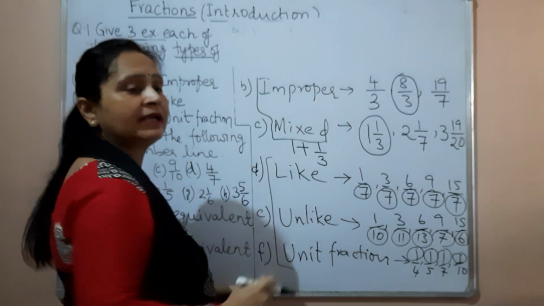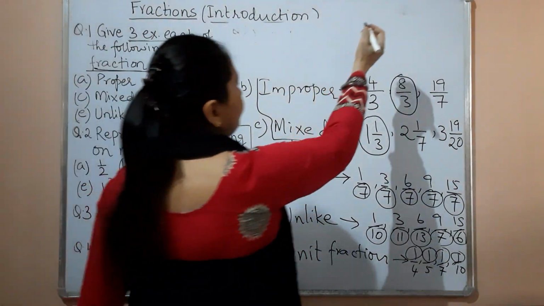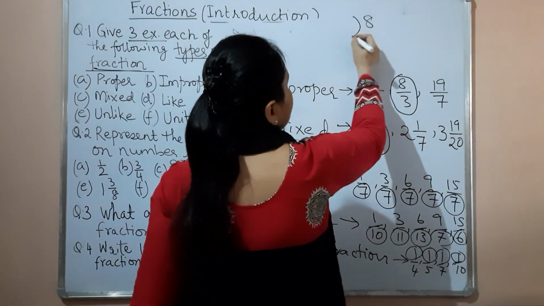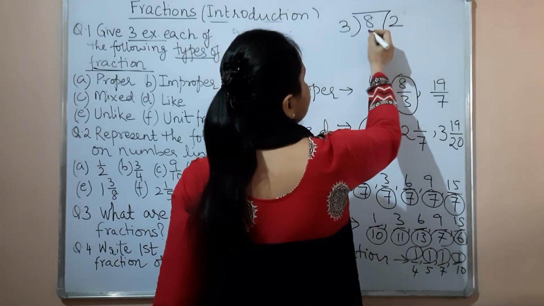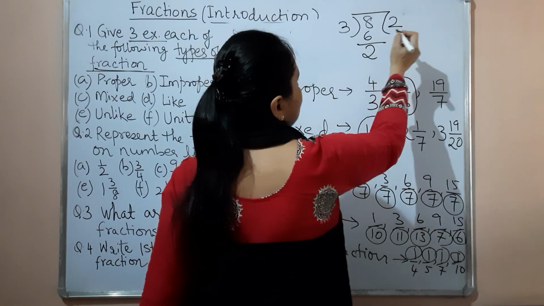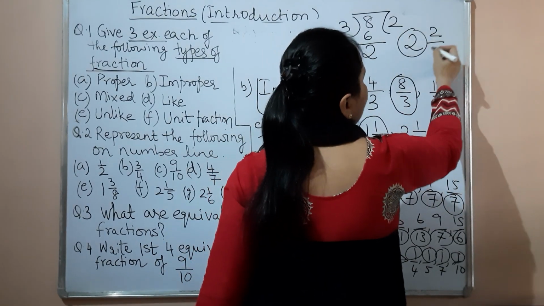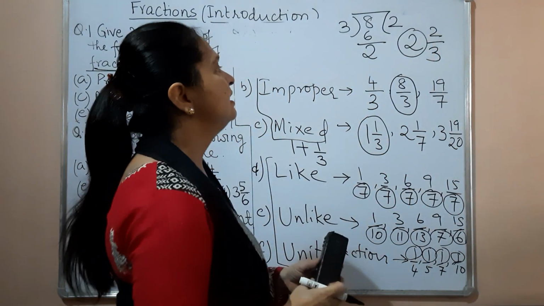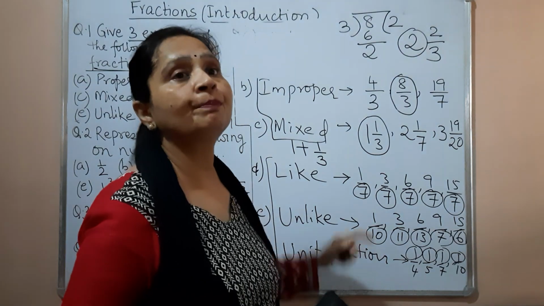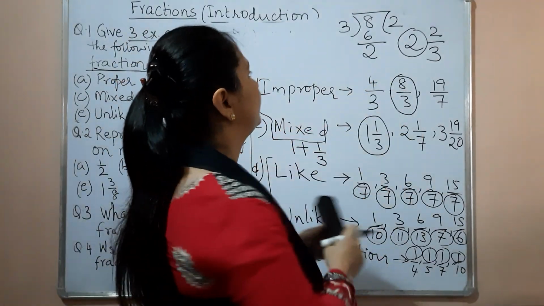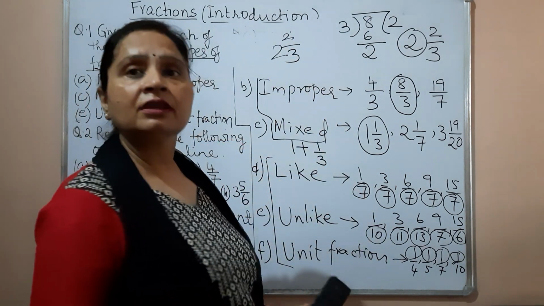So how do we convert this improper? If it is improper, that means this needs to be made proper, right? Proper means 8 and this 3, okay? 3 2s are 6 and you are left with 2. That means 2 complete and 2 by 3 more. Because it is improper, we will have to change it into proper, and that will be 2 whole 2 by 3, which you write as the mixed fraction.